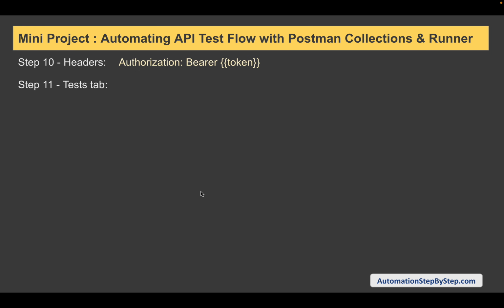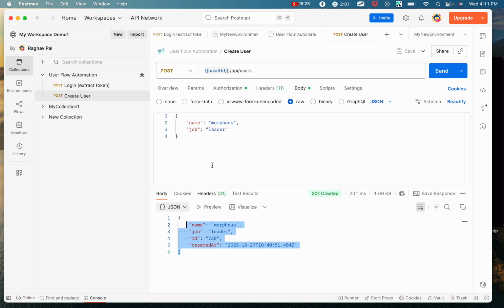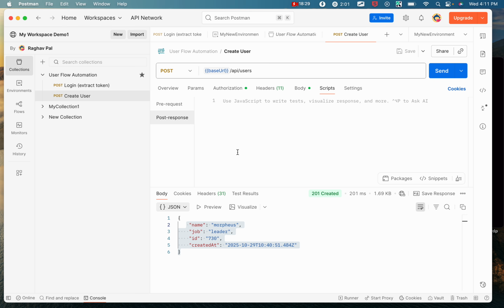Okay, now in the test tab or the post response tab of this API, we have to add the script to extract the user ID from the response and then store it in the user ID environment variable. So again, go to the script section and post response section, and here if you get some snippets you can use that, otherwise you can write your script,